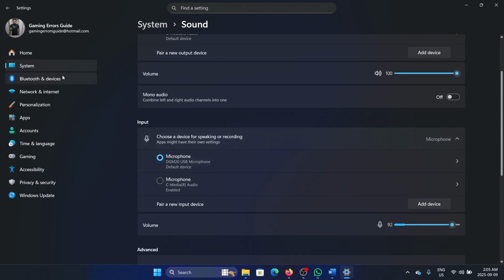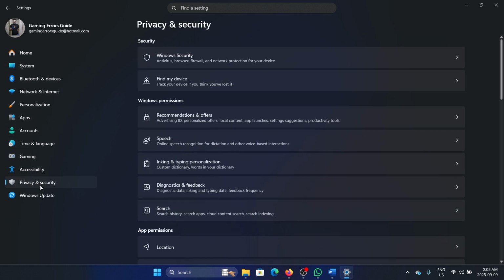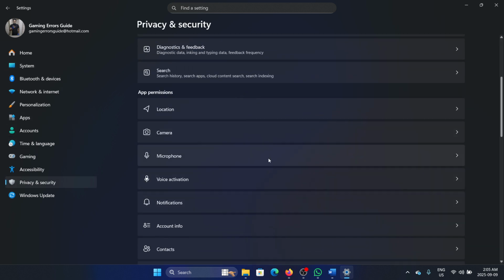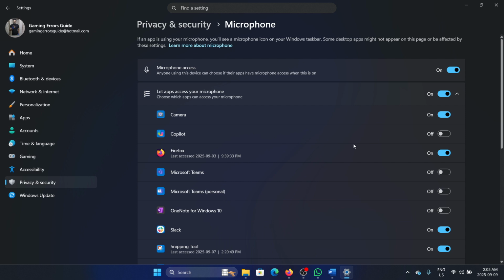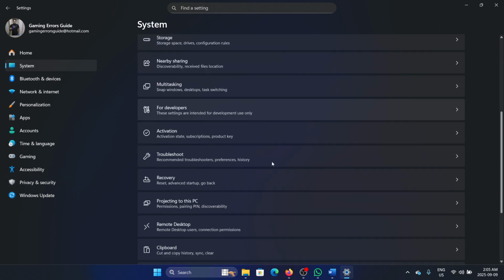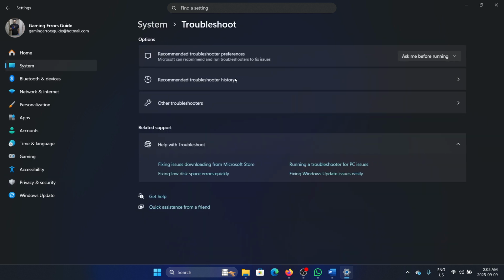Now, if this doesn't help, then go to privacy and security, scroll down and check for microphone. If your headphones has a microphone set connected with it, make sure that the correct app has access to it. Okay, now once this is done, again go to the system tab, scroll down and select troubleshoot, click on